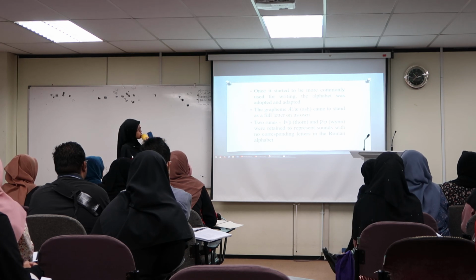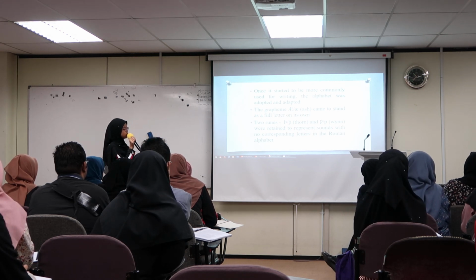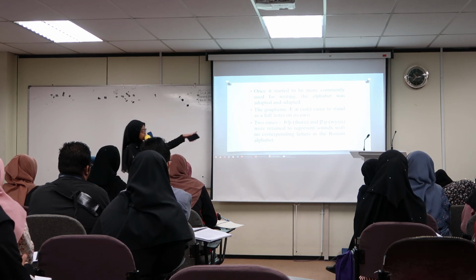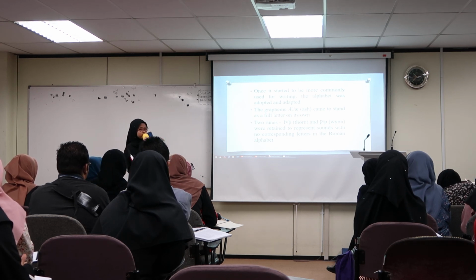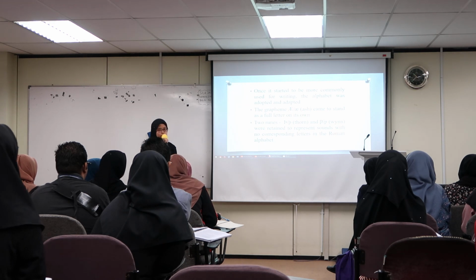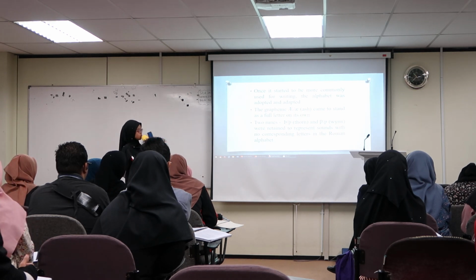Once it started to be more commonly used for writing, the alphabet was adopted and adapted. The grapheme, which we pronounce as ash, came to stand as a full letter on its own. Next one. Two runes, which are thorn and wynn, were retained to represent sounds with no corresponding